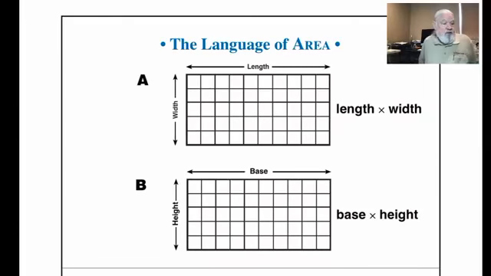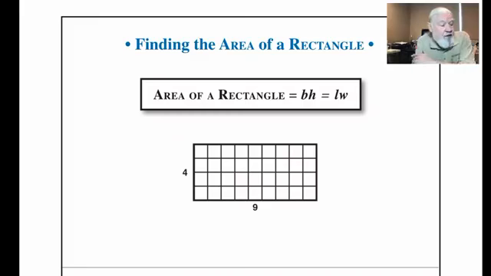So to do that, it would be really good to have the language of area. And interestingly, their textbooks do it 2 different ways. Some textbooks refer to length and width, and other textbooks refer to base and height. Either way, what we're reporting there is the length typically is the horizontal, and the width is typically the vertical here. And the same thing with the base is the horizontal, and the height will become very important in a little bit, is always vertical.